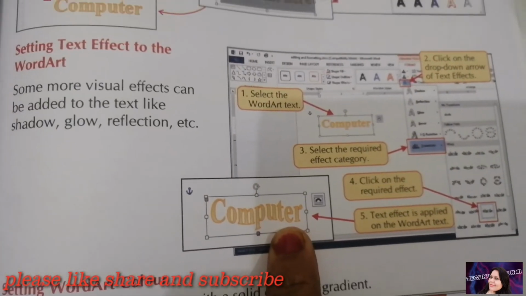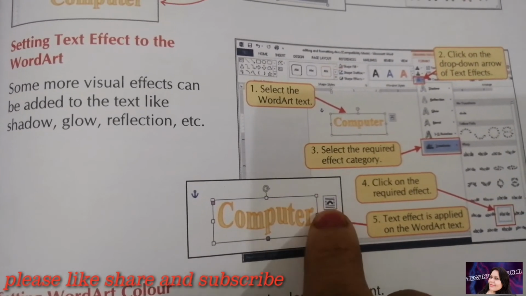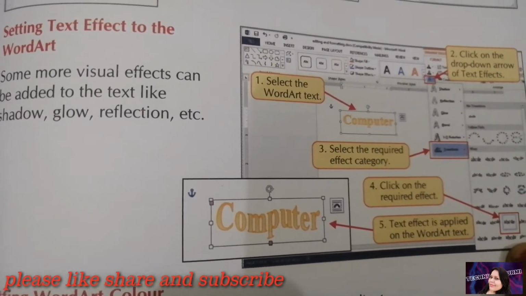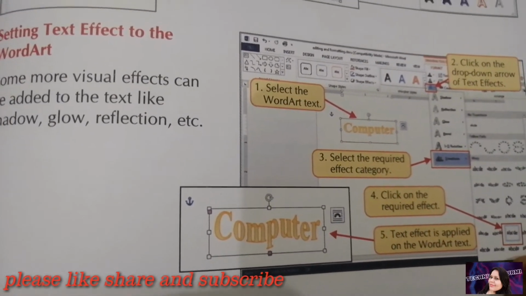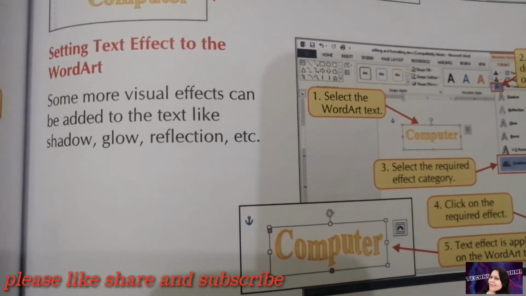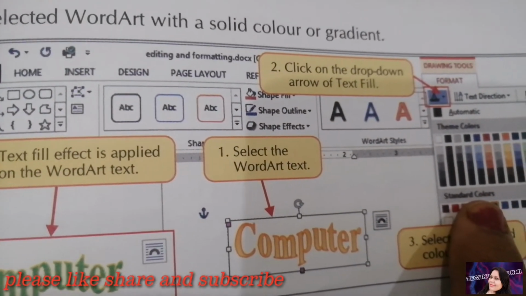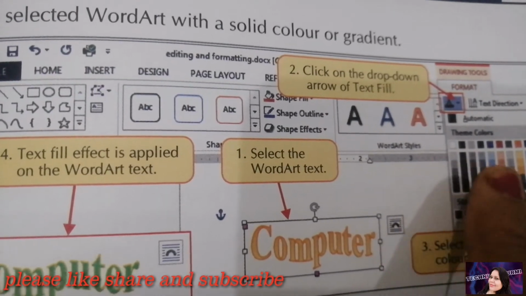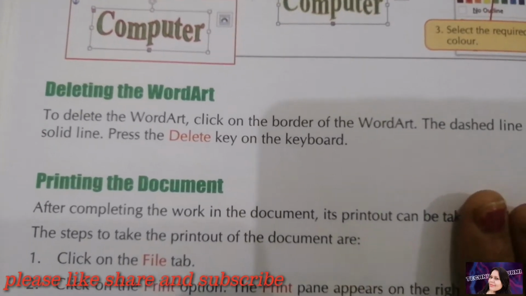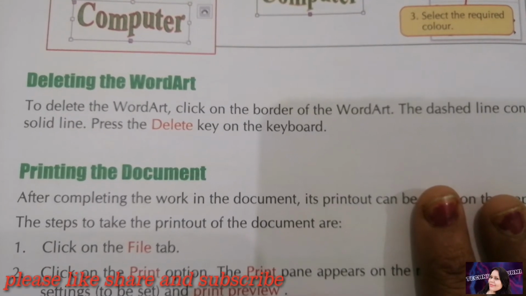If you want to change any kind of color, size, or shape, just click here. Then you can see some kind of options here. According to your requirement, you can apply any style or format on your word art. If you want to change the color of the word art, just go to the format option, select a color, fill color, text color. If you want gradients, then you can easily apply them on your word art color here. Again, if you want to delete your word art, just select your word art and then press the delete key from the keyboard.